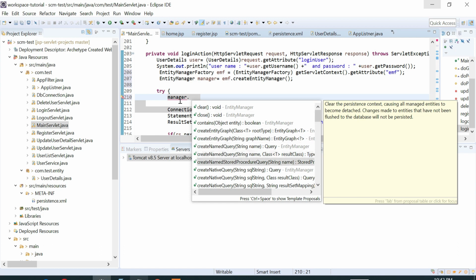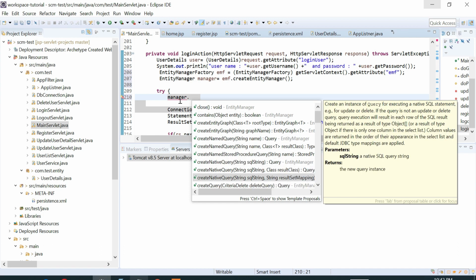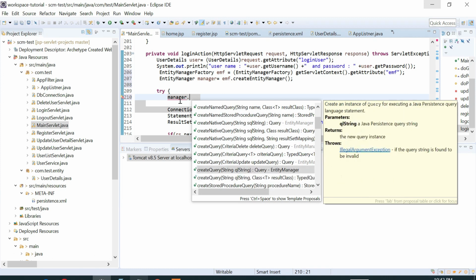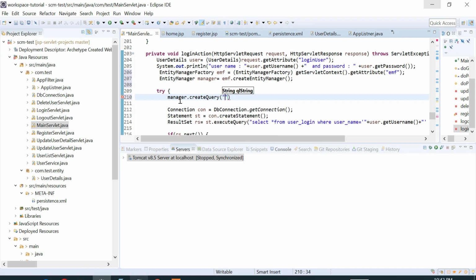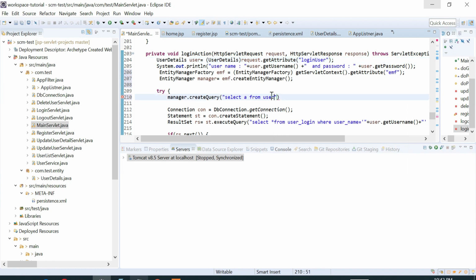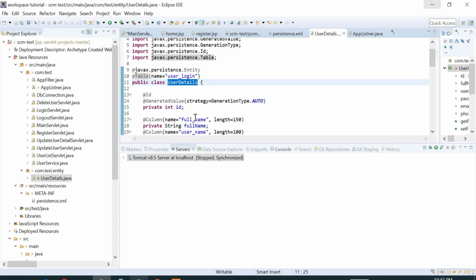We can execute some SQL query itself, because we have to do the select star from some table name like that. Instead of that, we can say select from user, you can say user details, where a dot username